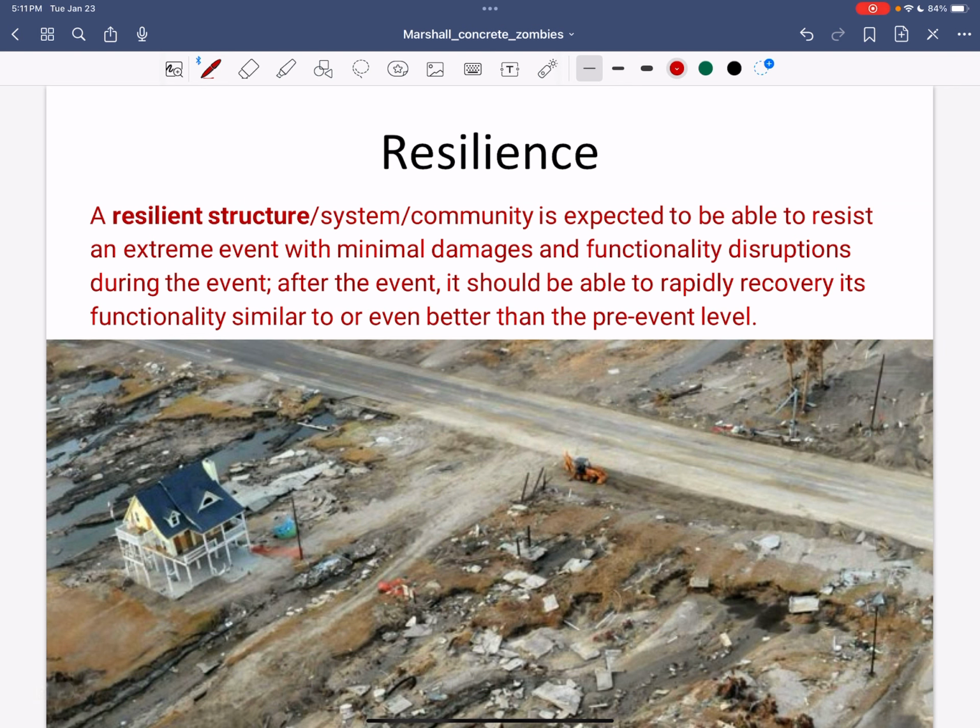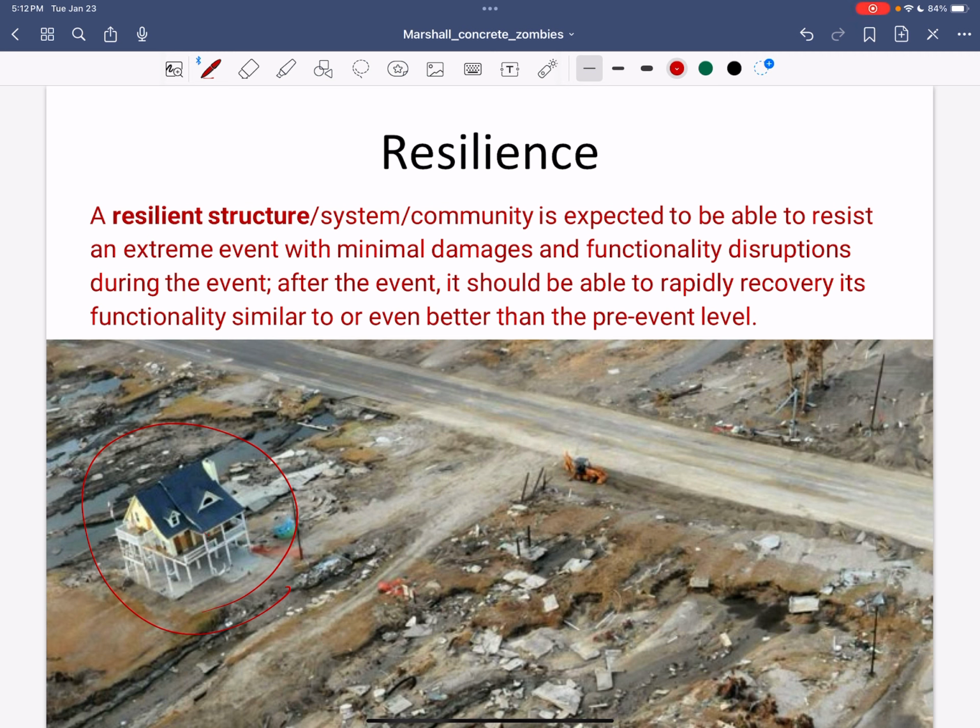We also, with zombies, are going to have to really think about resilience. So this is a picture of a concrete house after Hurricane Katrina, and there used to be houses everywhere in this picture, but the hurricane took the houses down, and only this concrete one was surviving. And I'll talk about some of the functional pieces of concrete that make this a good material when we have extreme events. So resilience, just like a person can be resilient, a structure can be resilient.